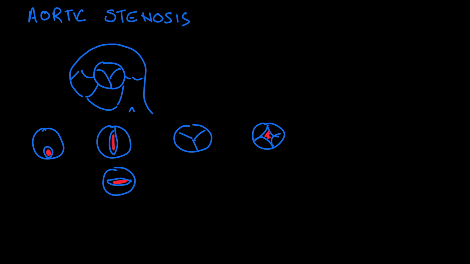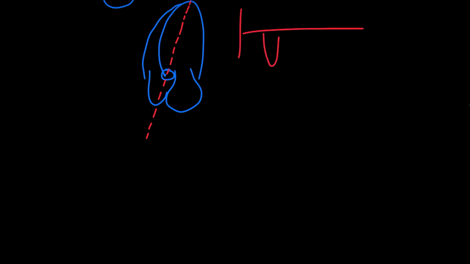Now, with a valve, whatever type it is, how do we quantify if it is too stiff or too stenotic? Well, we will turn to our apical four-chamber view. So in our apical four-chamber view, we have our left atrium, our left ventricle, right atrium, and we'll tip it so we can also look at the LVOT and the aortic valve, and we can drop our continuous wave Doppler, and we'll get a graph of